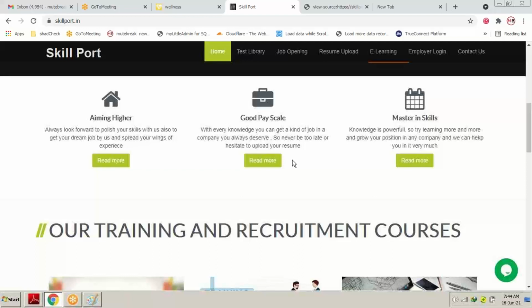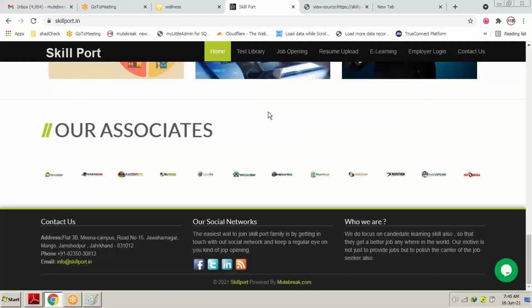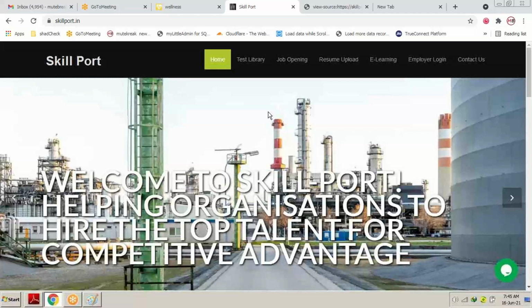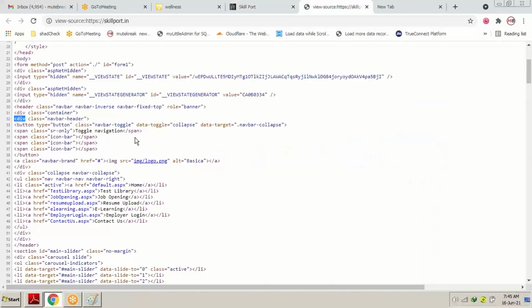There are many tags written. The div is the common tag, and the starting tag of any young web developer. To design, we use div tags, the famous tags, very much used in designing. We have input tags also, div tags also, span tags also. How all these tags work, I'm going to tell you slowly. We have button tags over here. You can see that whatever tag is getting opened, inside we have a class, a page name and something written in it, and then the tag gets closed.